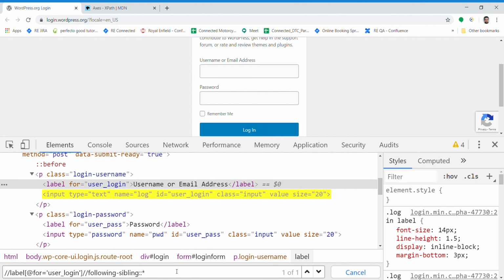But if there were more siblings, and I want to select the first one only, if there were more than one input siblings but I want to select this one input, I think you can guess it now, right? We are going to use predicates and use the first one only, not like this. You have to provide the tag name, it's input, and boom, there is only one element. We are able to find it uniquely, right? So this is a following sibling example.